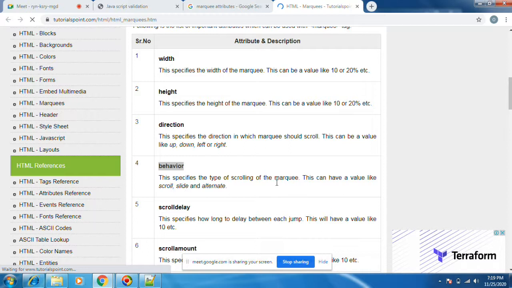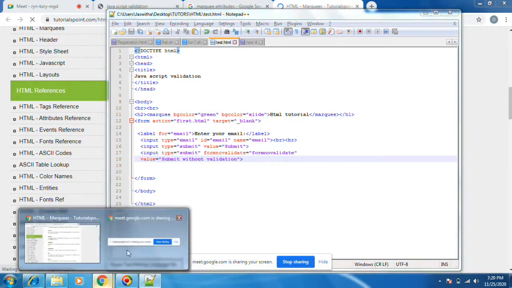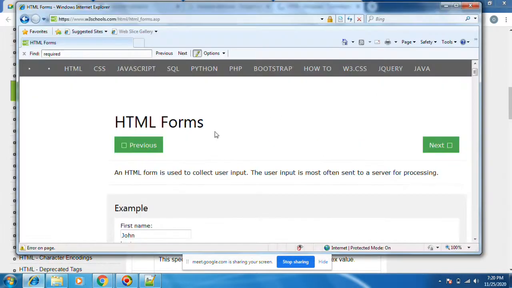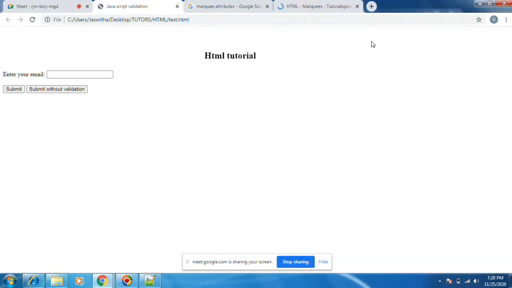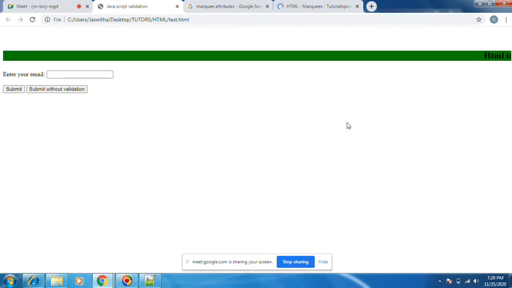Okay, these are the behaviors. Let's see this one. Just save this one and then reload. We see the background color.